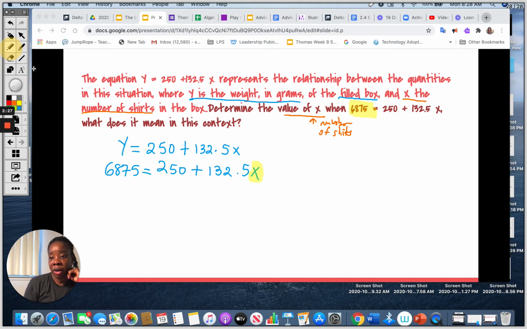So we're going to get rid of that 250 first. It's a positive 250, so to remove it, we would subtract 250. And anything you do on one side of an equation, you do on the other side to maintain balance. So when we subtract 250 from the left side, we're going to end up getting 6,625, and that's going to be equal to